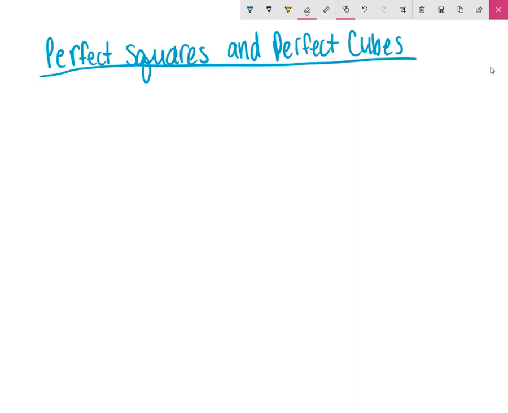Have you ever heard of a perfect square? Well, a perfect square is actually just the result of squaring a number. The trick is to find out which number has been squared. Now before, remember when I wrote